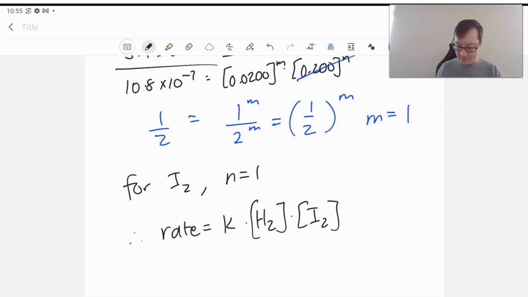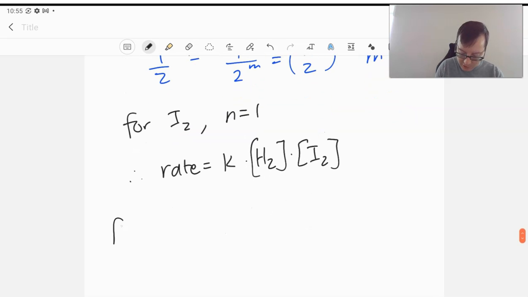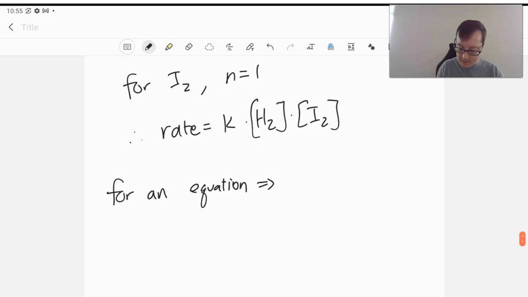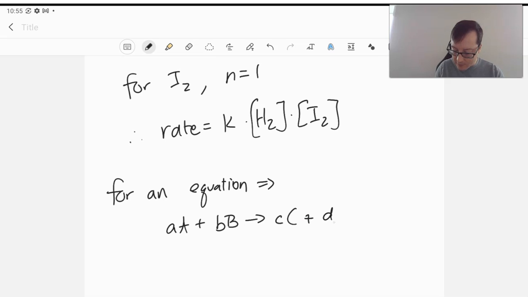That said, for an equation, say we have our favorite equation from before. Generally speaking,